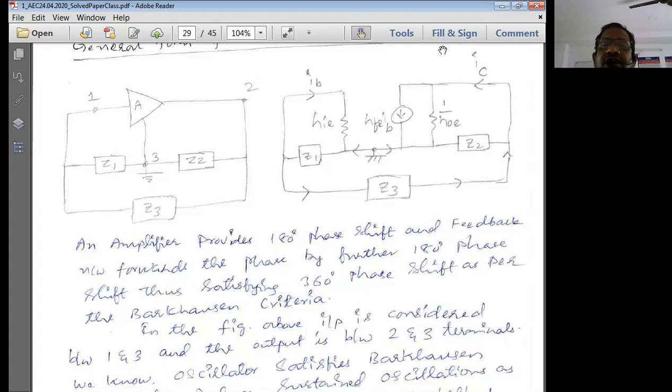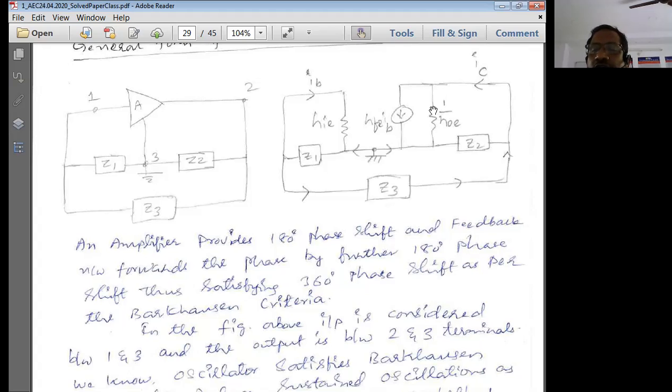Because in oscillators, there is no input. Where is the input here? There is no externally applied input signal in the case of oscillators. So whatever noise is available is going to get picked up by the amplifier, and because of amplifier action, that noise is simply going to get amplified. Because of the feedback network, it is going to shift that signal by 180 degrees phase and apply it to the input, and so on and so forth. Continuously, this will be in the loop. Thereby, the amplifier is going to give you a sufficiently large signal at the output.